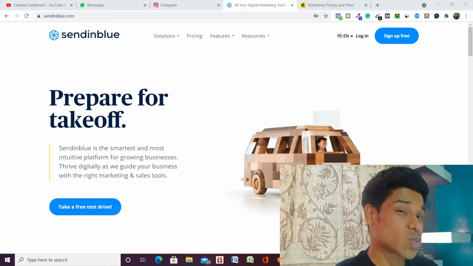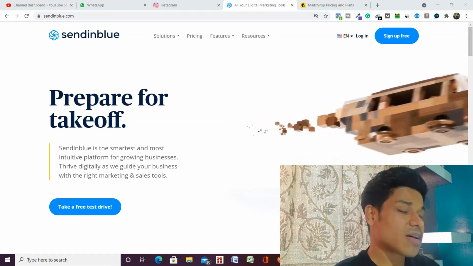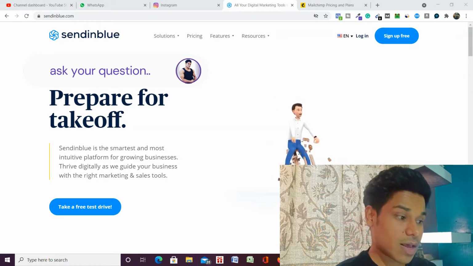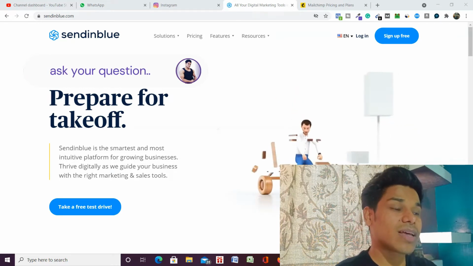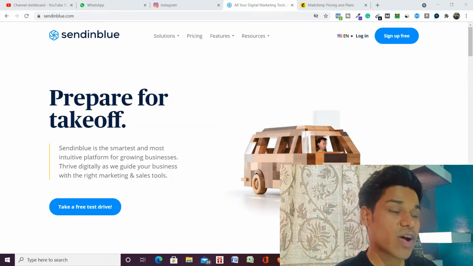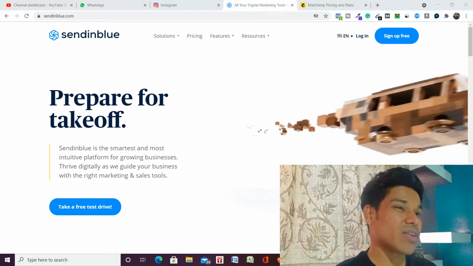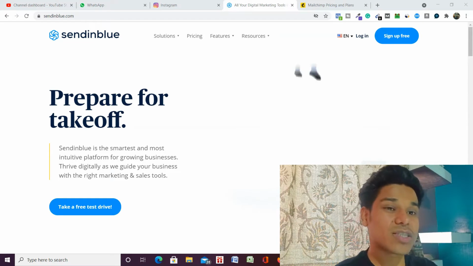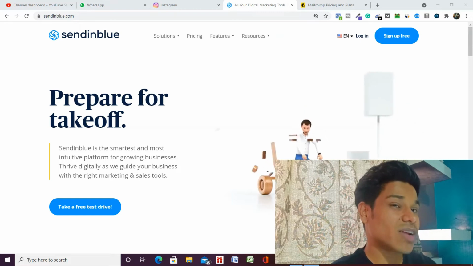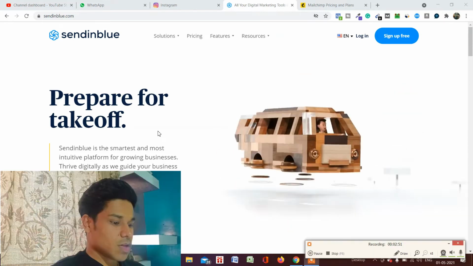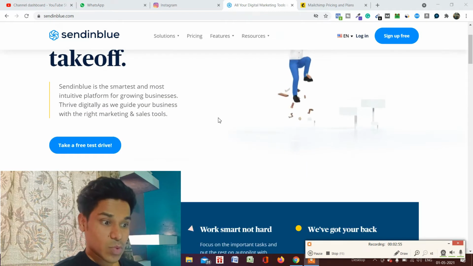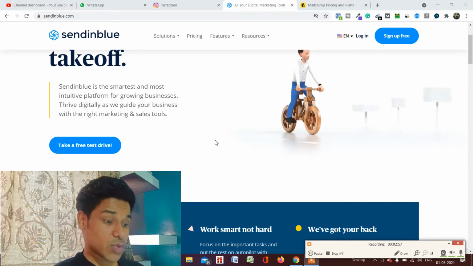And why am I telling you this one is the best? Because in comparison with other email marketing software like Mailchimp, ConvertKit, there are some restrictions. Mailchimp will provide you only one audience, and you will not get the advanced features which you need to do email marketing. But in this one, you will get all the features, all the functionality. So let me give you a complete overview of what this Sendinblue is and what it is going to provide you if you start using it.